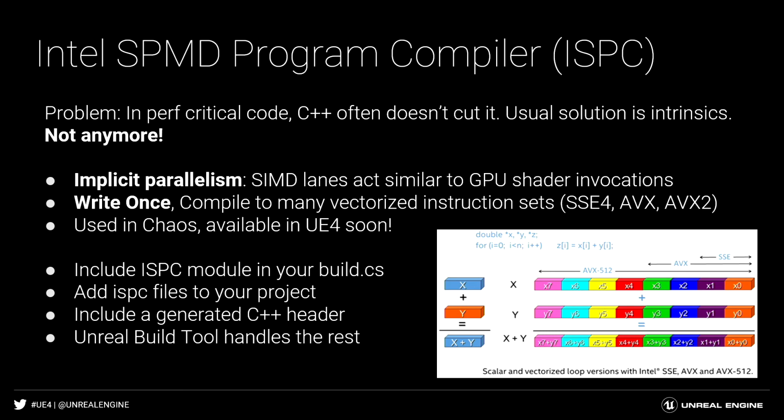So for the very small inner loops, we use something called ISPC, Intel's Single Program Multiple Data program compiler. Bit of a mouthful. But the problem it's trying to solve here is finding ways to make use of this technology we've had inside the vector units inside modern CPUs on all platforms. We've had this kind of technology since the early 2000s,